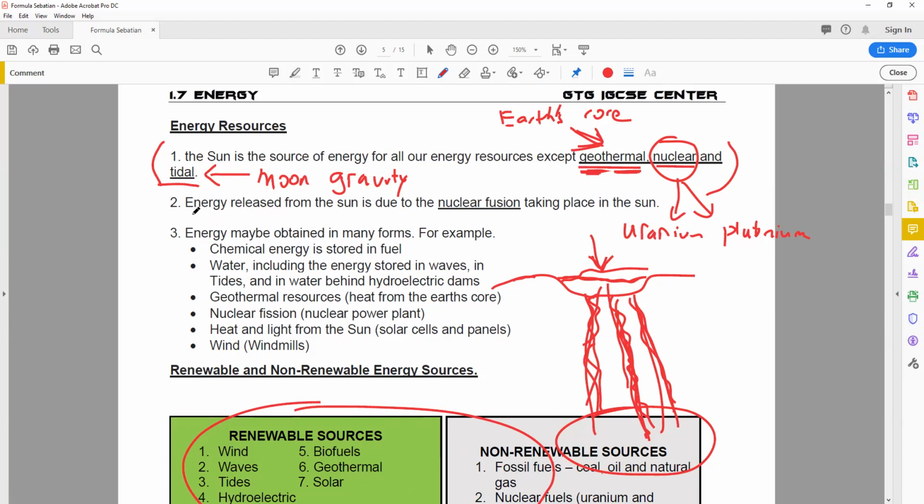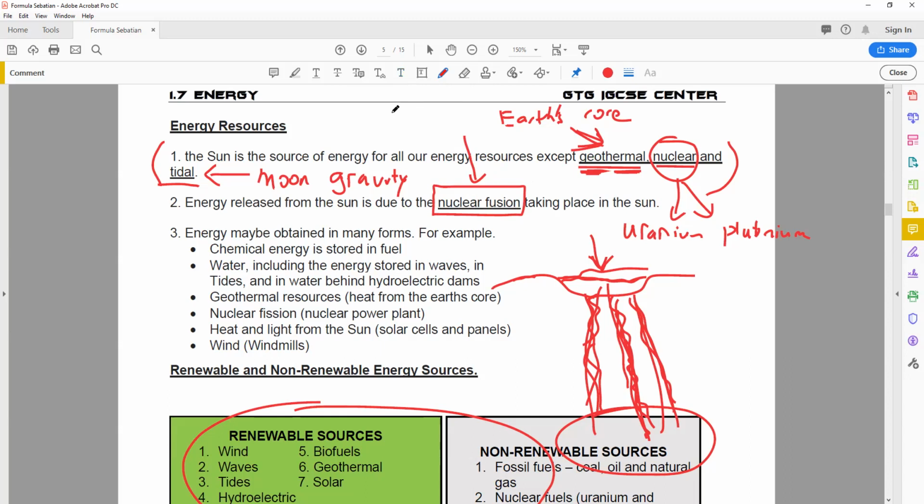Okay. So the second statement here says that the nuclear energy released from the sun is due to the nuclear fusion taking place in the sun, guys. For those who do not know what nuclear fusion is, it's basically a process that allows the sun to continuously burn for millions, if not billions of years. You're going to learn this later on in the nuclear chapter, but for now, all you